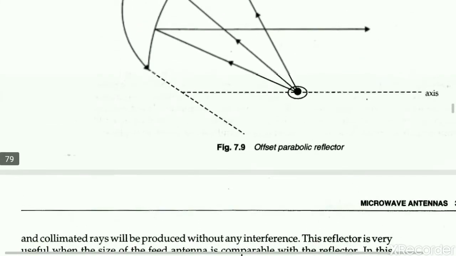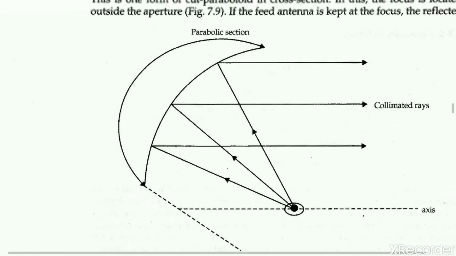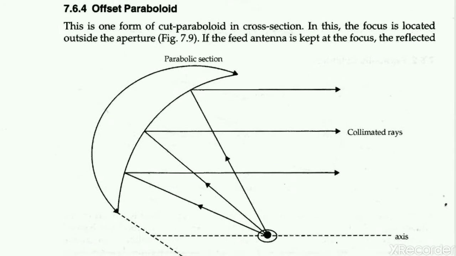So as compared to the common structure of a reflector antenna, if you see this clearly, the focus point or the feed point, which is used to transmit electromagnetic waves towards the reflector, is provided outside the aperture of the reflector. So we can see the point is outside the aperture of the reflector, but in the case of the basic reflector antenna, this point is inside the aperture of the reflector.